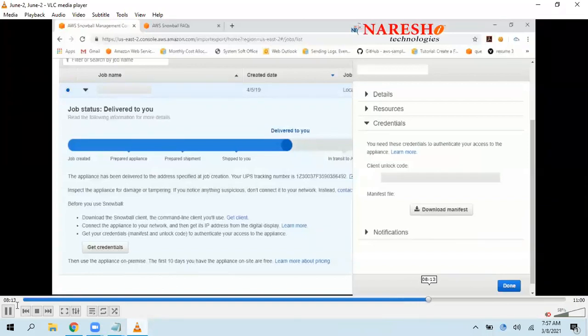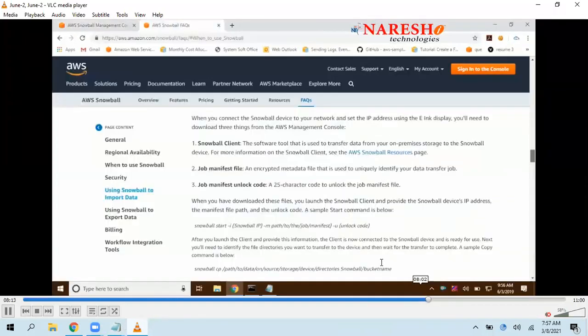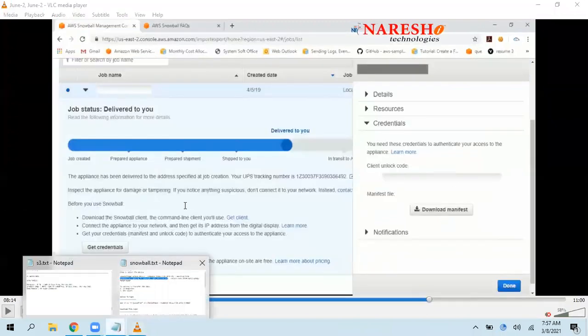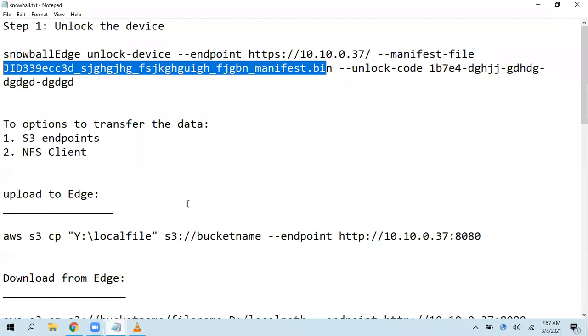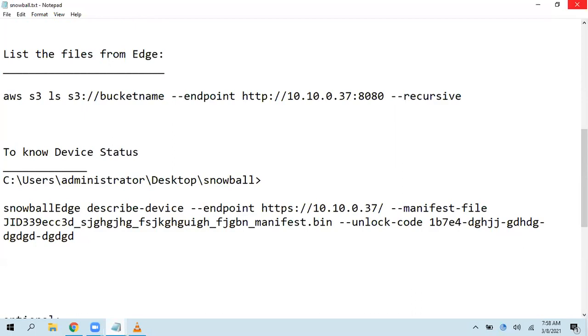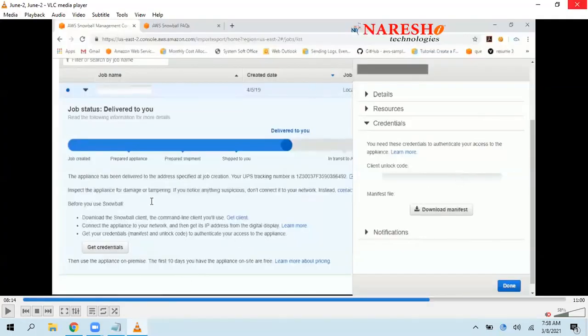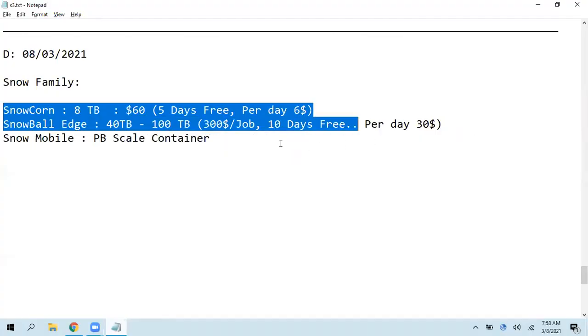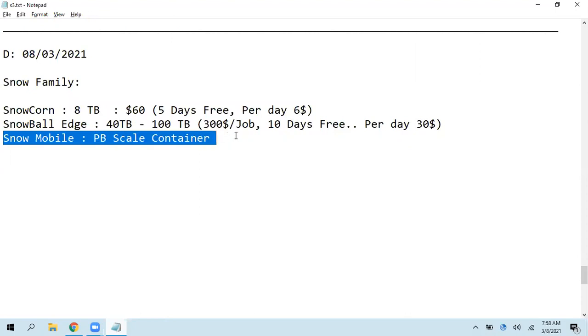How can you verify whether the device is unlocked or not? We can use this describe device command. I'll share this document, right? So this is how exactly we transfer data to the Snowball or Snowball Edge devices. Coming to the Snowmobile,